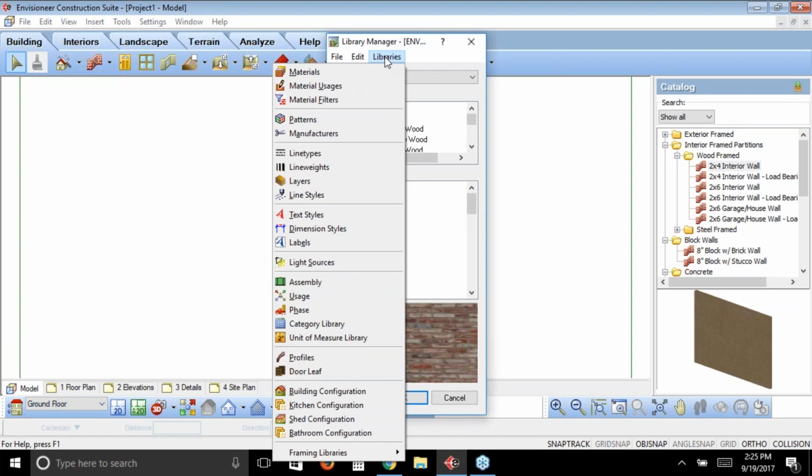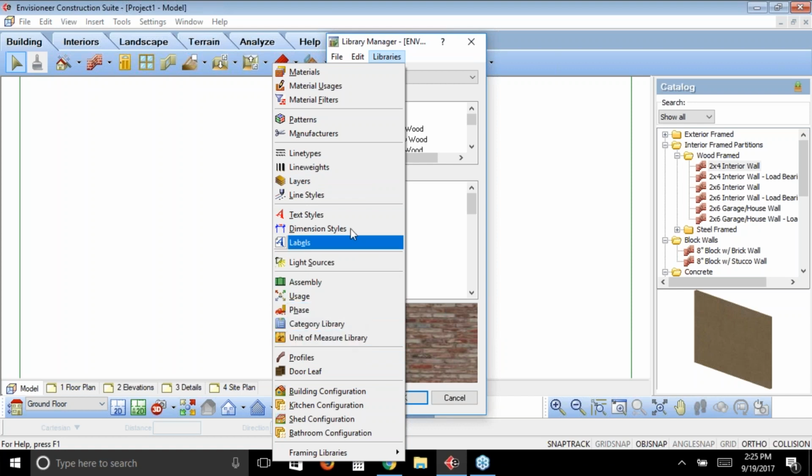So in here, this is where we house and organize materials, hatch patterns, different manufacturers that can be associated to different objects that you bring in, the line types that you use, the line weights, the layers that you create when you're bringing something to worksheets, the line styles, the text styles, dimension styles, labels, light sources, the assemblies in your quantities, usages and phase also in your quantities, and categories and unit of measurement. So these are all just